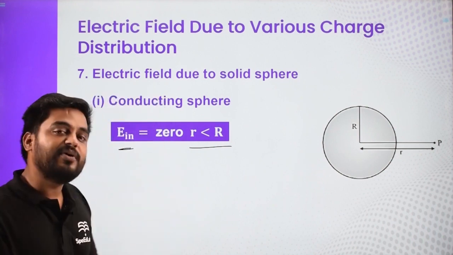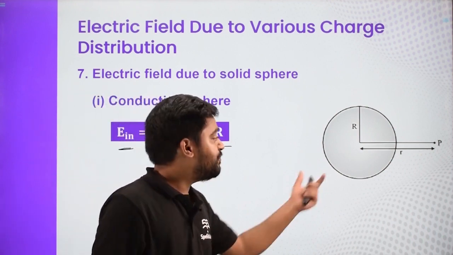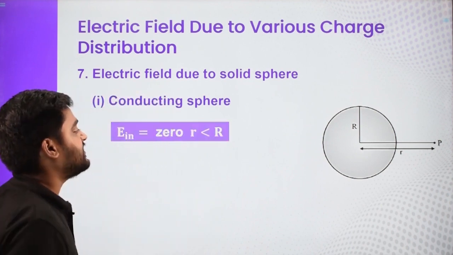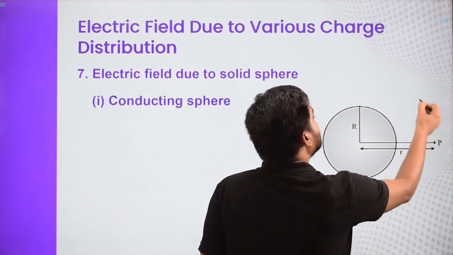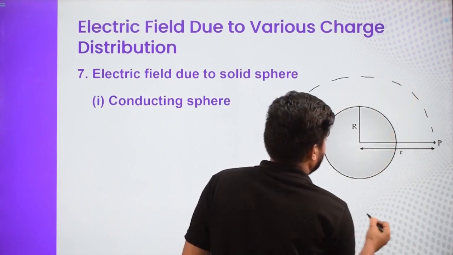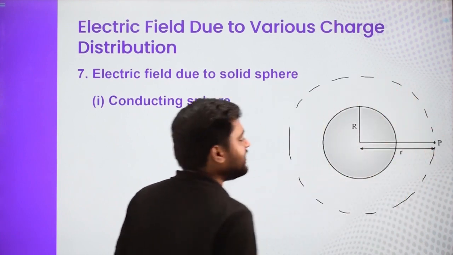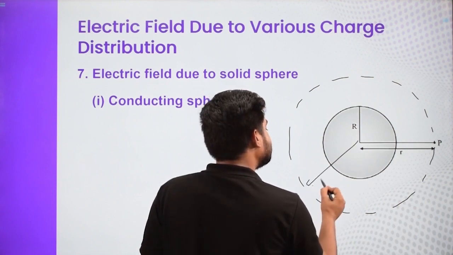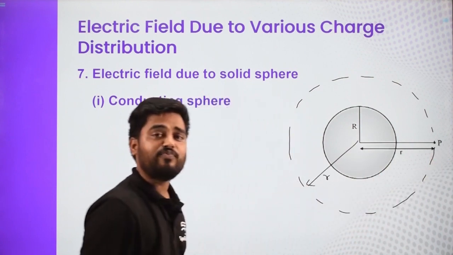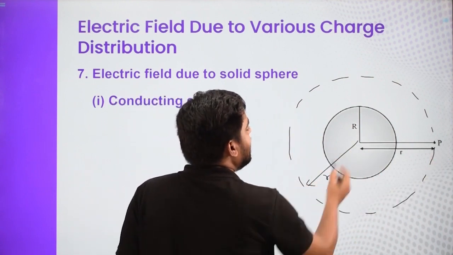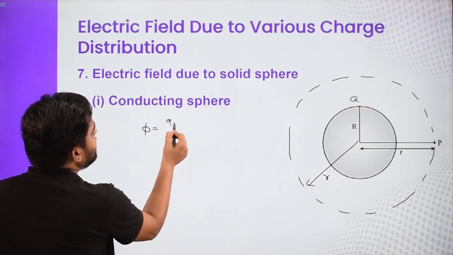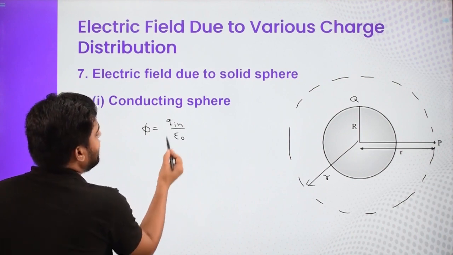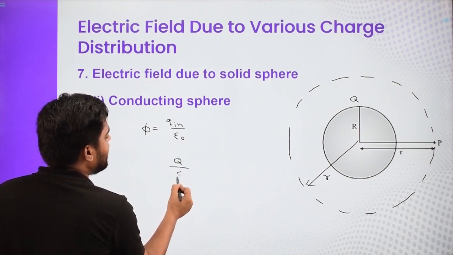So this is a property of the conductor, as well as something we can prove using a Gaussian surface. If we have to get the electric field for a point which is outside, again we can take a Gaussian surface, and here the radius of the Gaussian surface is the same as the distance of point P from the center of the sphere. And again when we apply the same formula, the flux is equal to Q in by epsilon naught, where Q in is nothing but the total Q.